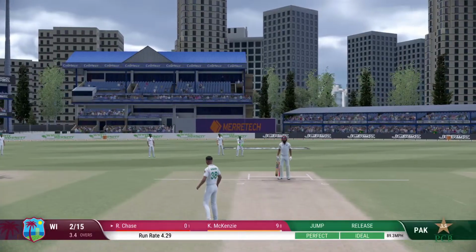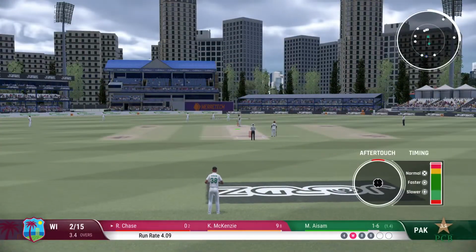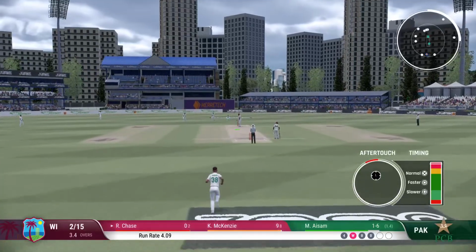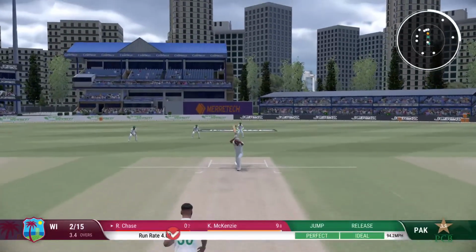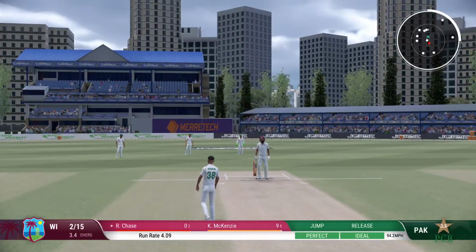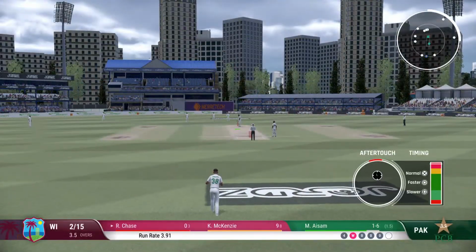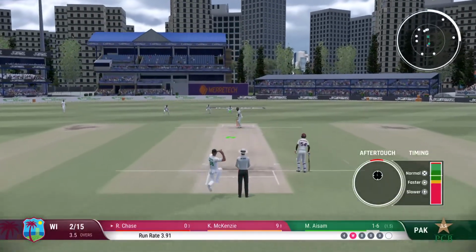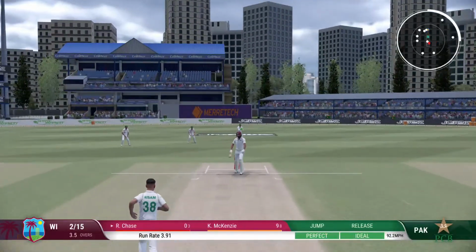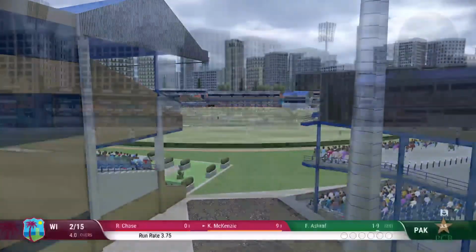You can understand why on that line they thought it was safe to let it straight through to the keeper. Obviously didn't like the look of that one and just ignored it. End of the over. West Indies are...